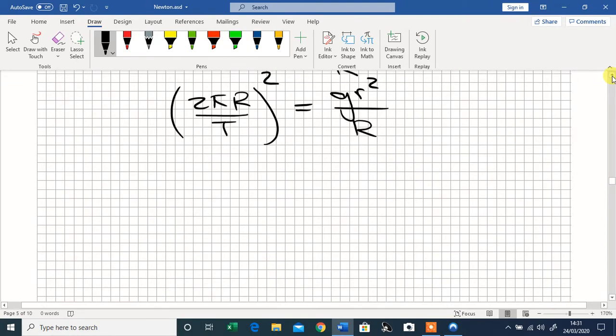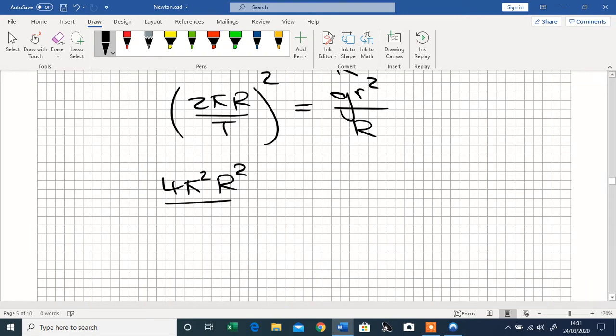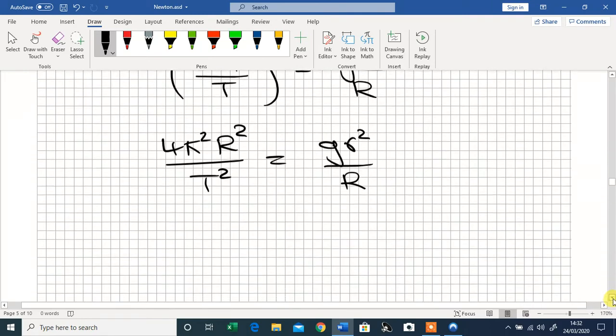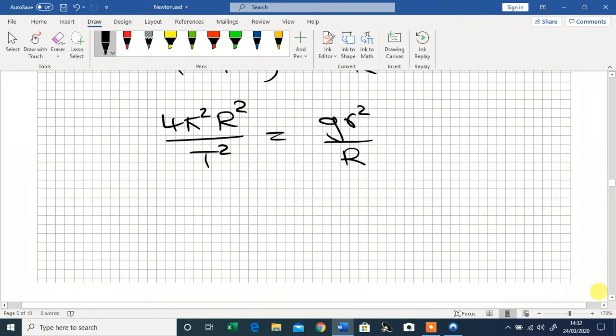Just keep the top on that. There we are. Right, so we can square the left-hand side. So we get 4 pi squared R squared over T squared, and that's equal to G R squared all divided by R. And if you've done GCSE mathematics, you should be able to figure out that